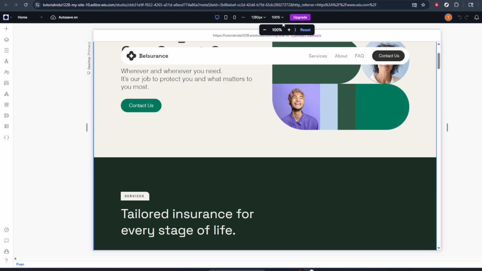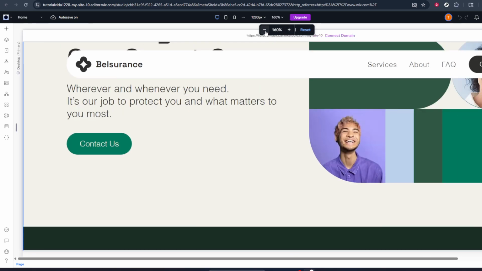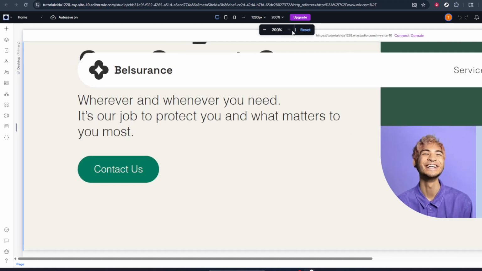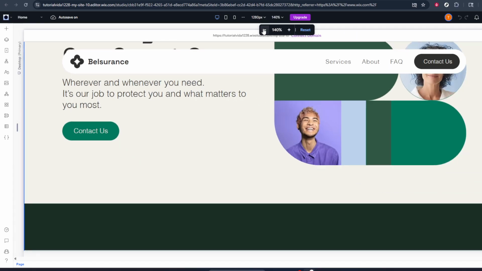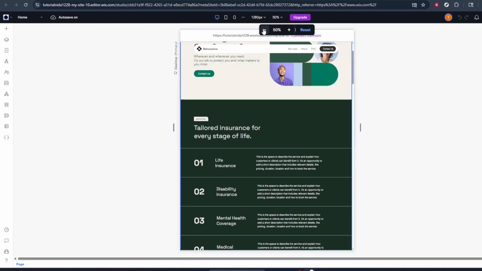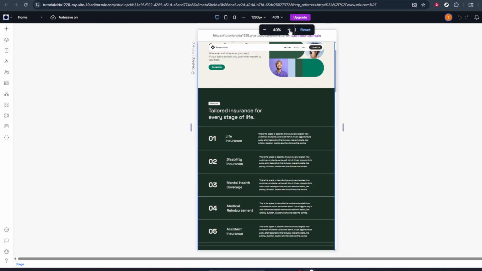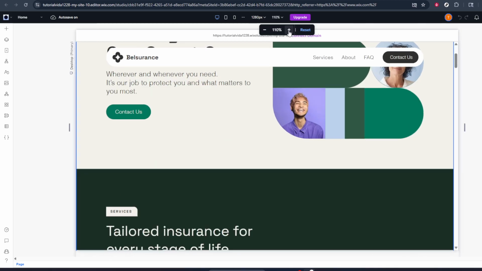To change the zoom, simply click on that % number. When you click it, a small menu or slider will appear, giving you different zoom options. You might see preset values like 50%, 75%, 100%, 125%, or more, depending on what Wix currently offers. Select a higher percentage if you want to zoom in and make everything appear larger. This is especially helpful if you're adjusting fonts, aligning icons, or working with small design elements that are hard to